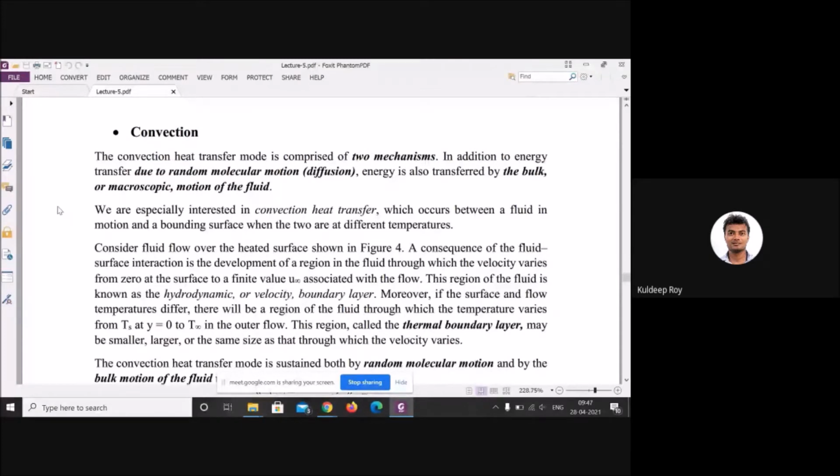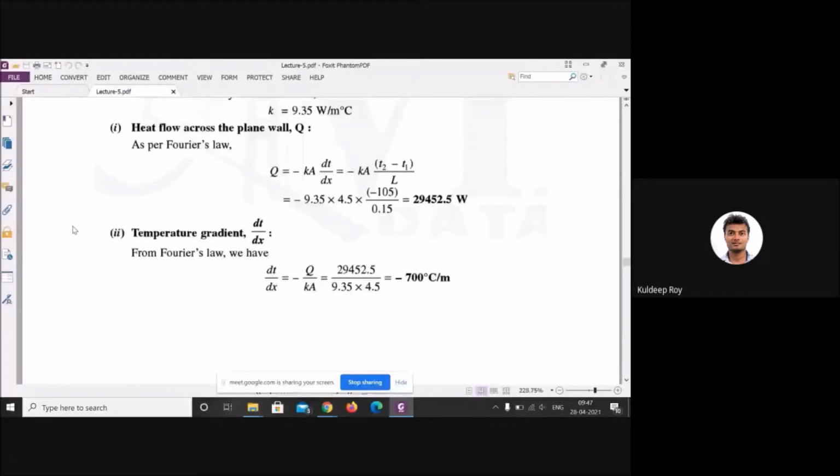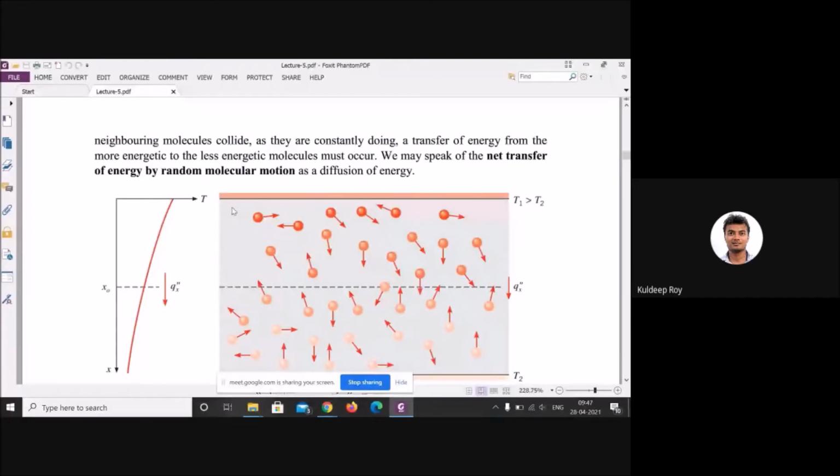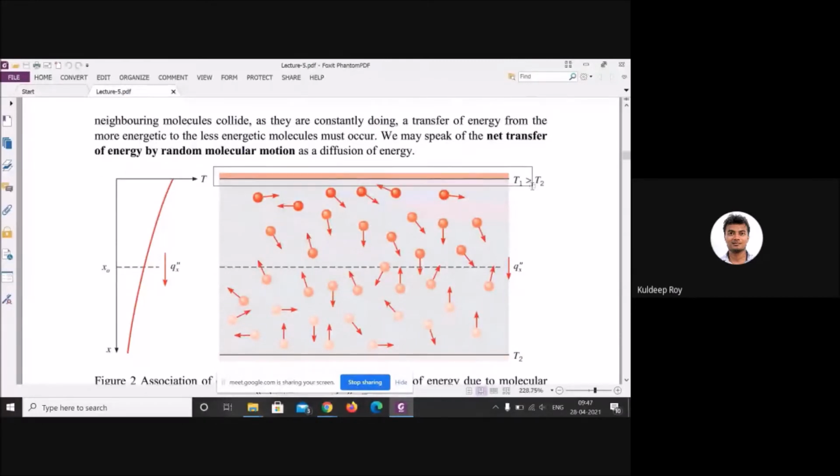Let me show. First of all, in your last lecture we discussed this. Now you can see, due to the random molecular motion, this particular zone will be the high temperature, and this will be your lower temperature. Then what will happen at this particular point? Due to random molecular motion, heat transfer will occur. This molecule collides with this molecule. They are at high temperature, so this high temperature will transfer to this molecule. Then this molecule strikes this molecule and transfers the heat. Then it will cross through this zone and come towards the lower temperature plate.